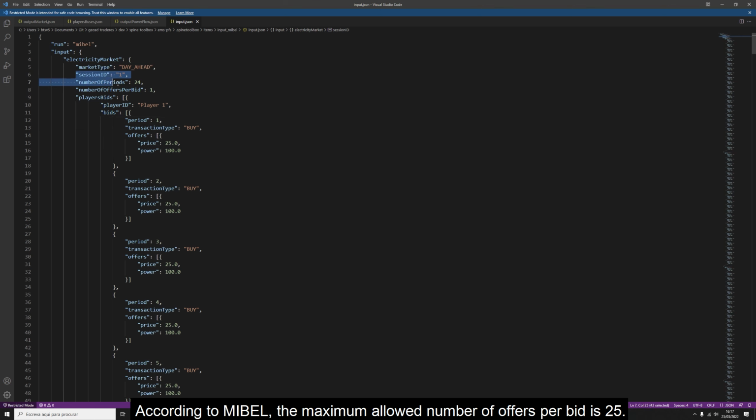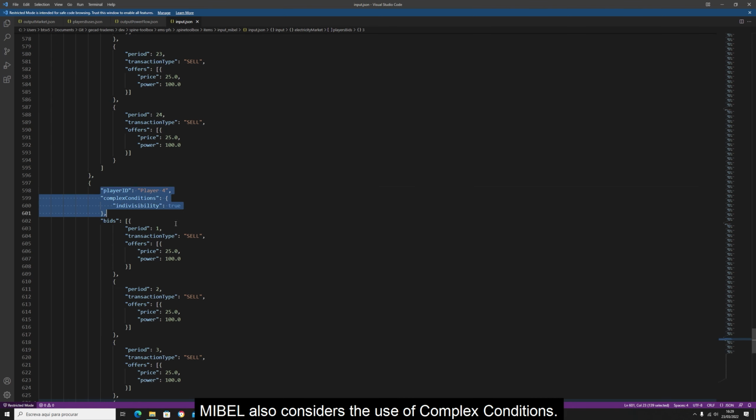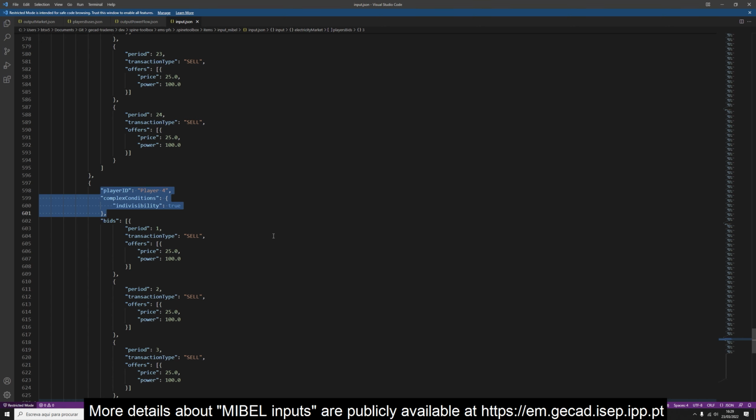According to MIBEL, the maximum allowed number of offers per bid is 25. However, MASCEM allows its users to test different alternatives by setting a different number of offers per bid, number of periods, or number of sessions per market type. MIBEL also considers the use of complex conditions. Their use depends on the type of market selected. The day-ahead market only allows sellers to use complex conditions, while intraday markets allow their use by both buyers and sellers. More details about MIBEL inputs are publicly available at